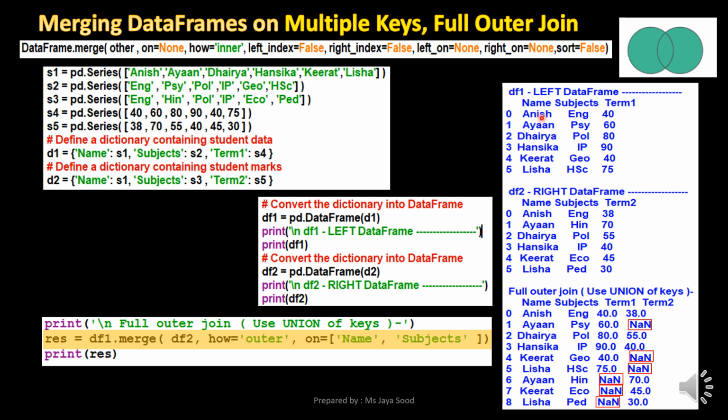The rows with the same name subject combination from both the data frames will align together. However, the rows with the name subject combination missing in the other data frame will have the value NaN in the corresponding columns, as shown here in the output.